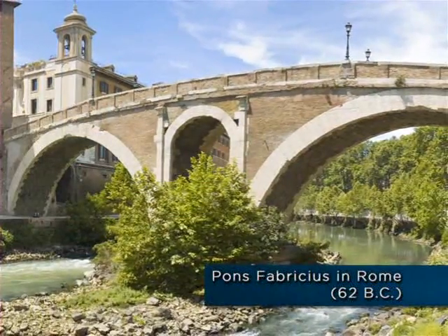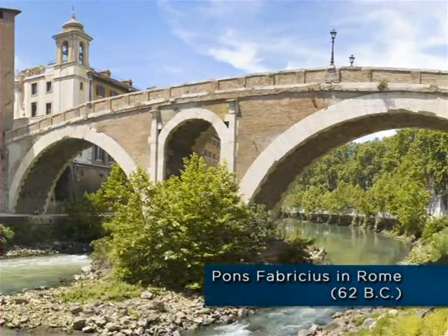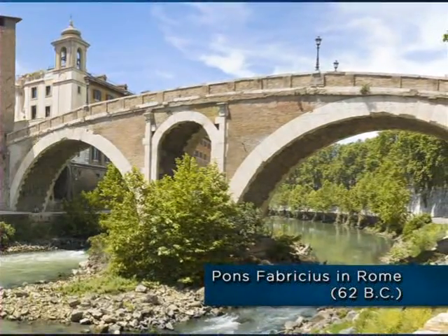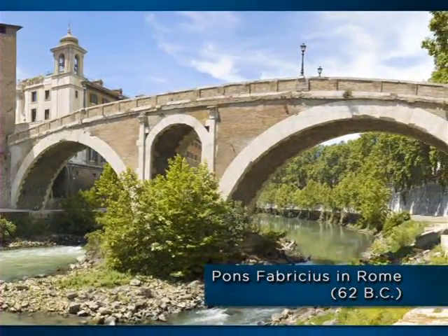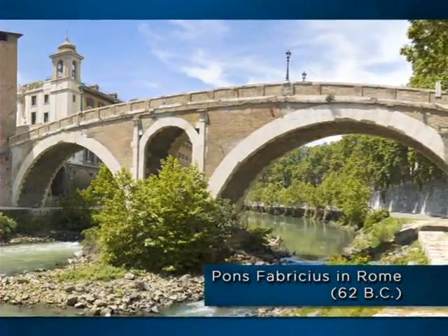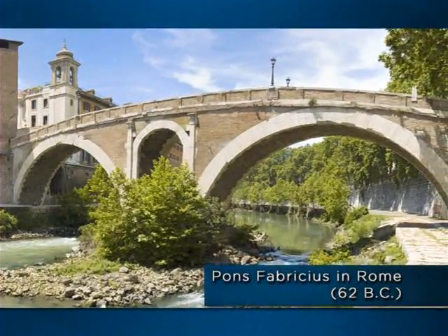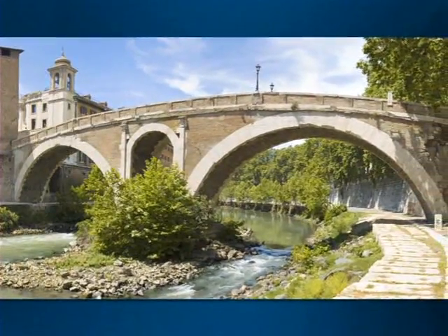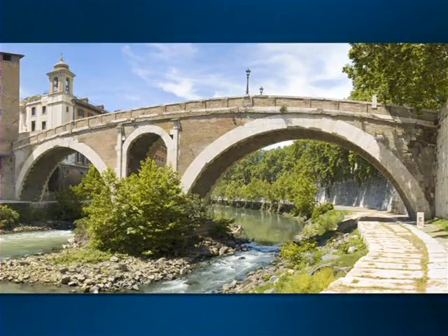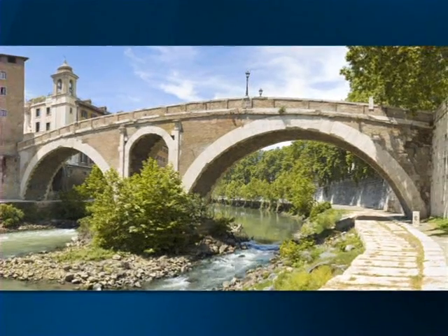It's called the Pons Fabricius, located in the heart of Rome, connecting the east bank of the Tiber River to an island out in the middle of the river. It was built in 62 BC, and as such, it is the oldest fully intact Roman bridge in Italy. The structural system of the Pons Fabricius is essentially the same as the Pont Saint-Martin, except that there are